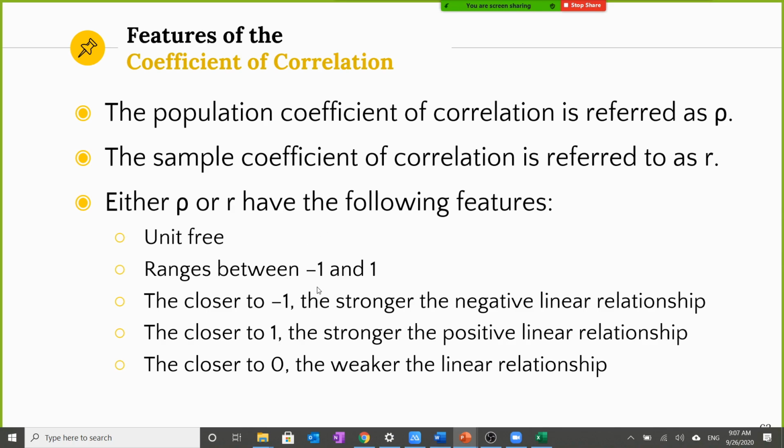Okay, so you have this criteria for this one. It's always in the range between -1 and 1. So 1 is the perfect correlation that you have. 0 means no correlation or a weak linear relationship. If they have a negative, it's a negative linear relationship. Negative means the same: if x increases, then y will decrease. So they have a negative linear relationship. Okay.